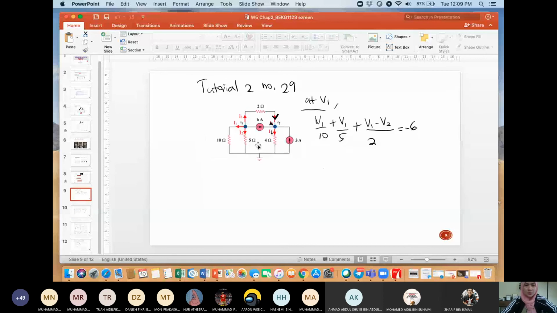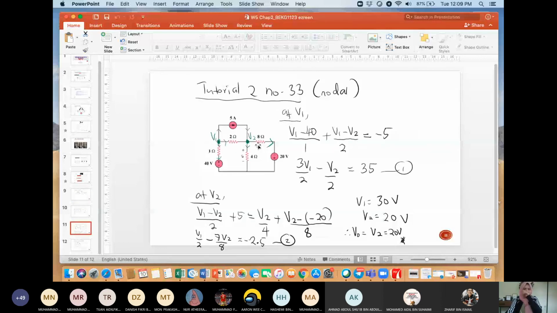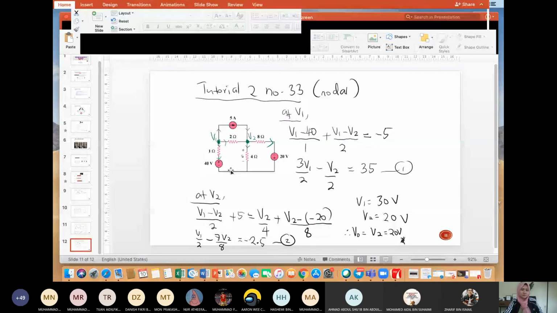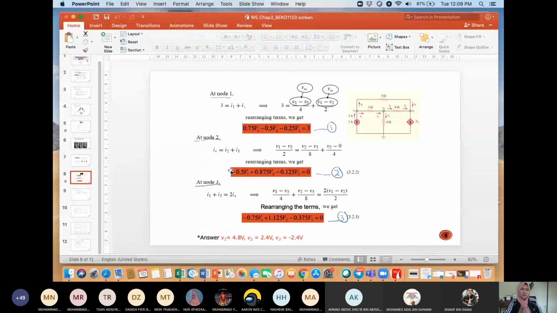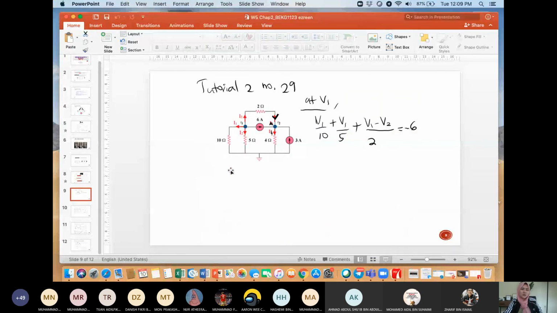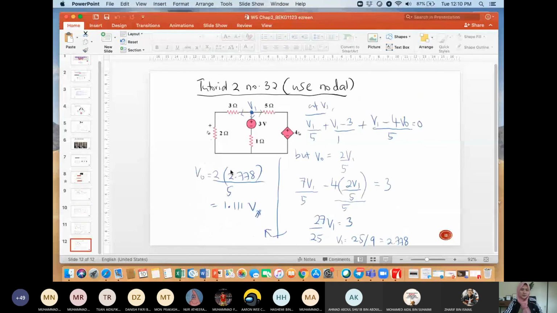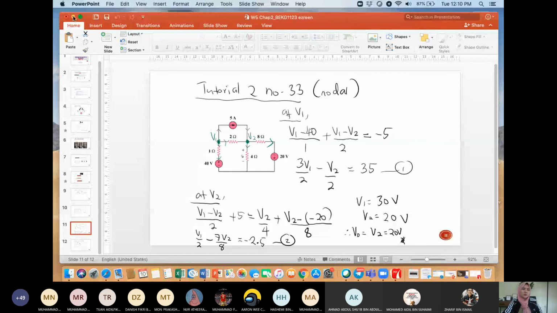This is number 29, this is number 31, this is number 33. The solution is not complete, so please redo this tutorial too, by referring to this slide. But the solution in this slide is not complete. So if you look at your ULearn,